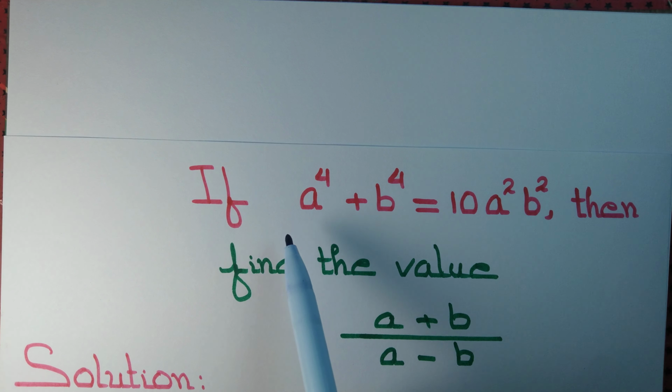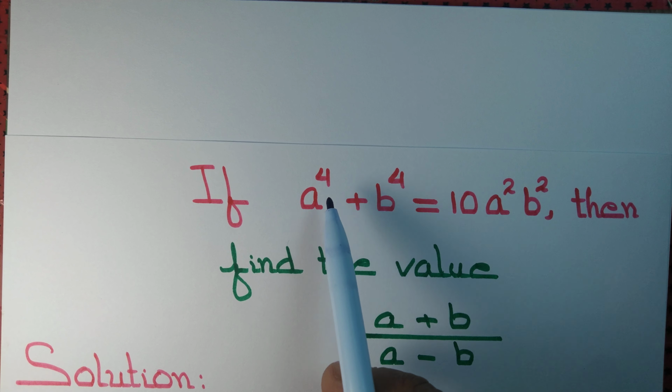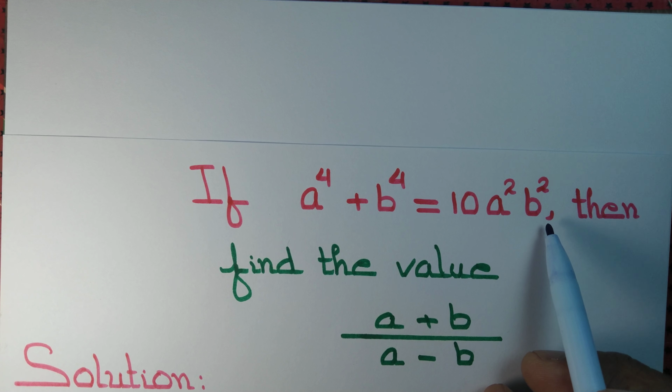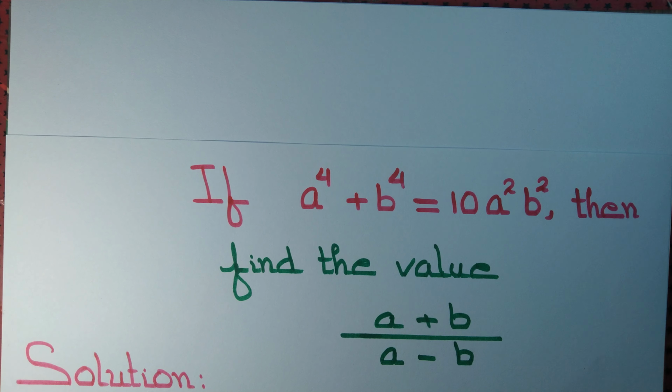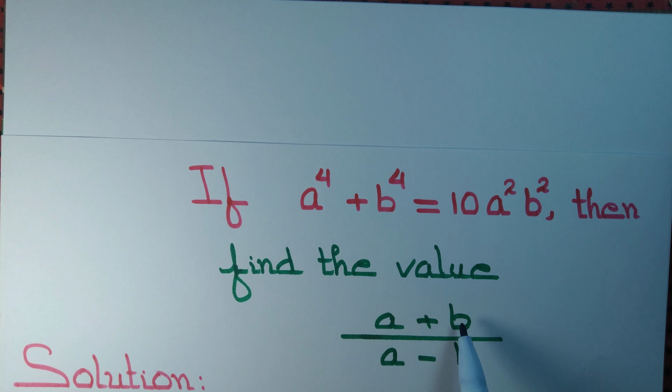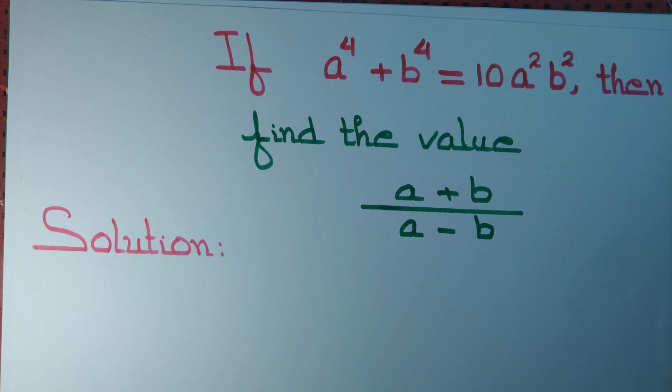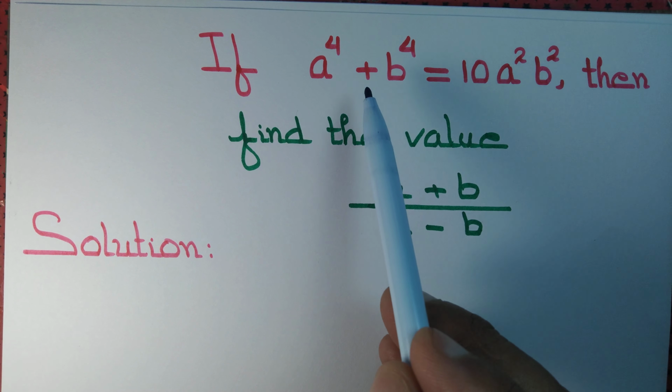We have real numbers a and b such that a to the power 4 plus b to the power 4 equals 10 times a square b square. Then we want to find the value of (a plus b) by (a minus b). Can we do it? Of course, yes. Let's do it. We write the given identity